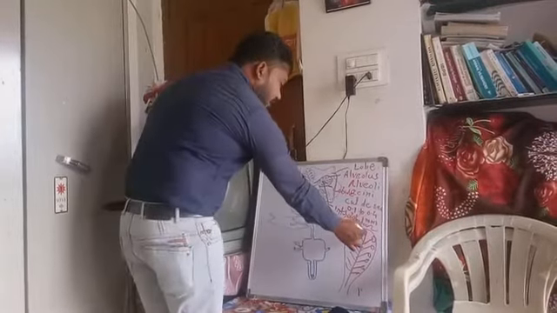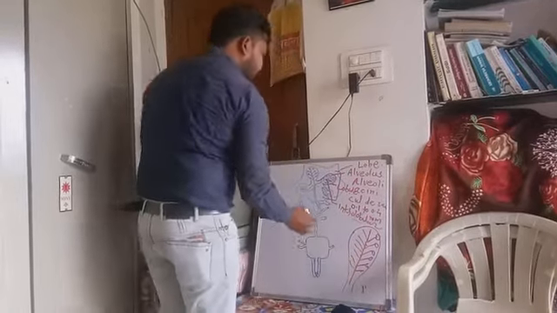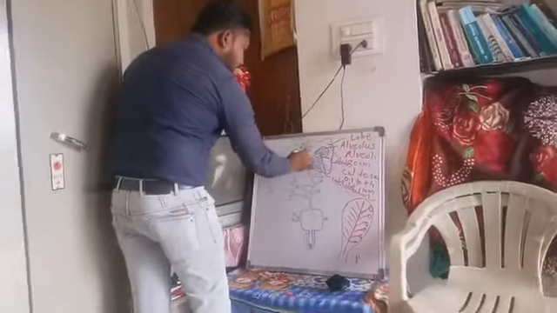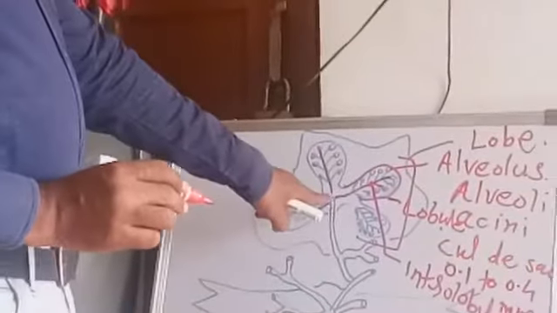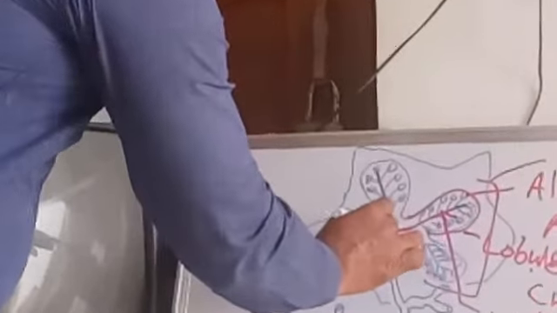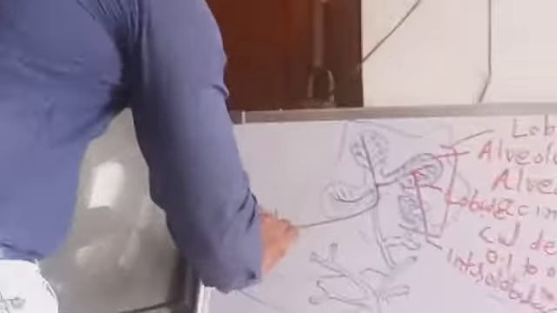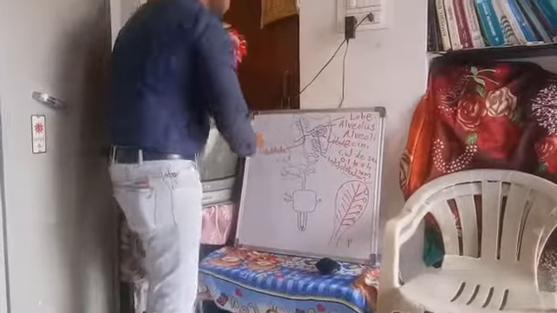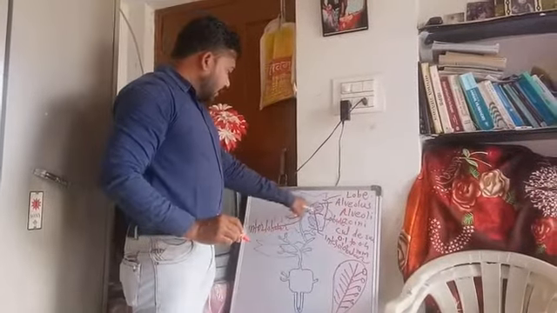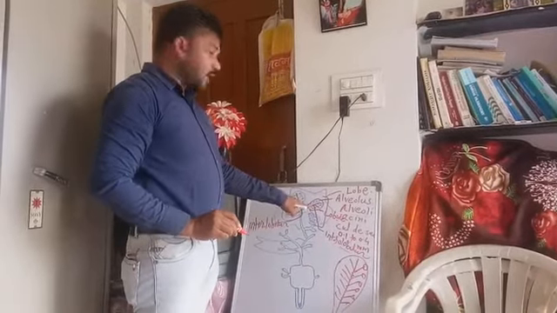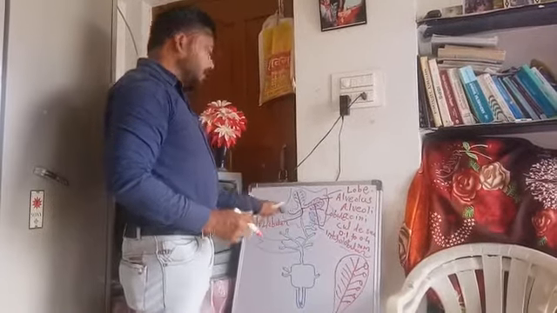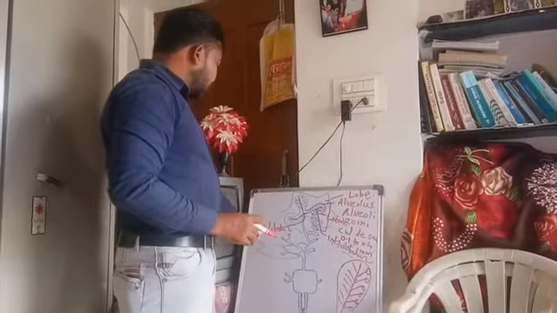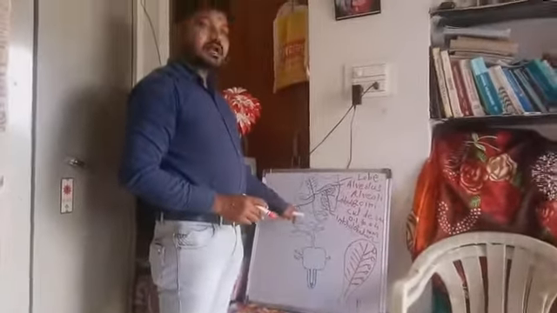And again, all the intralobular ducts, this one and this one, are joined together here. This larger duct is called the interlobular duct. Within the lobule it is called intralobular, and when all the intralobular ducts join together, there is a formation of one larger duct. This is called an interlobular duct.